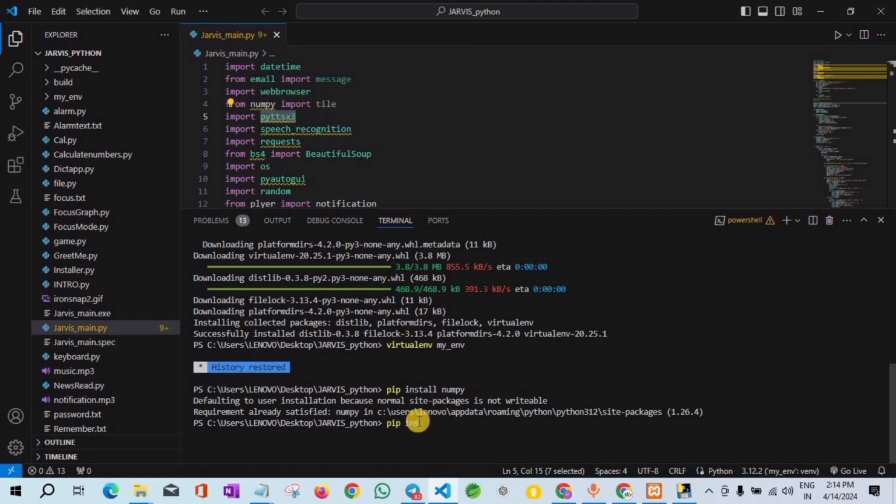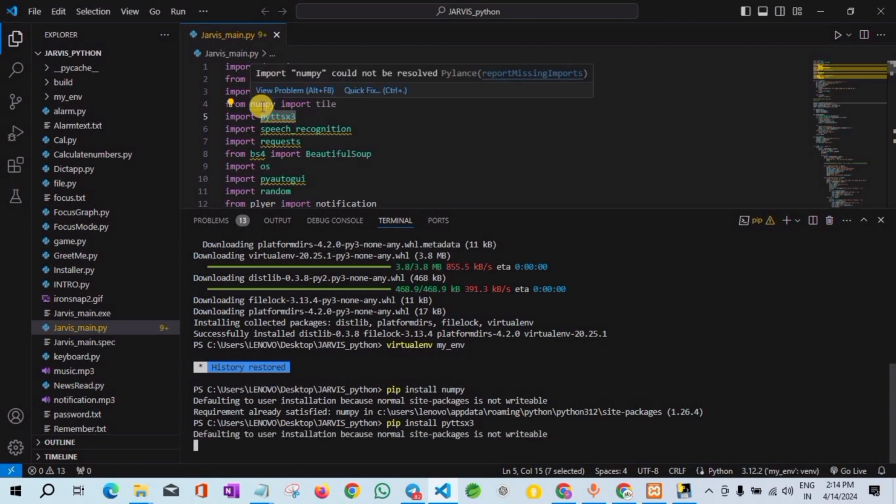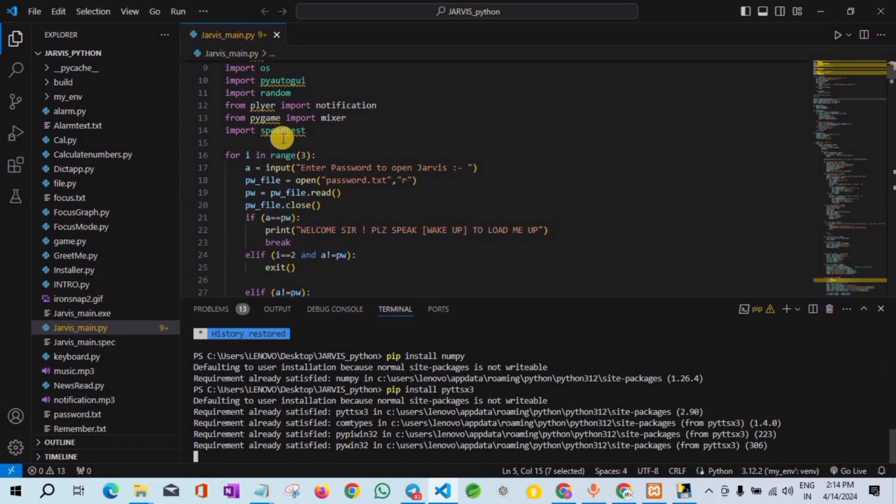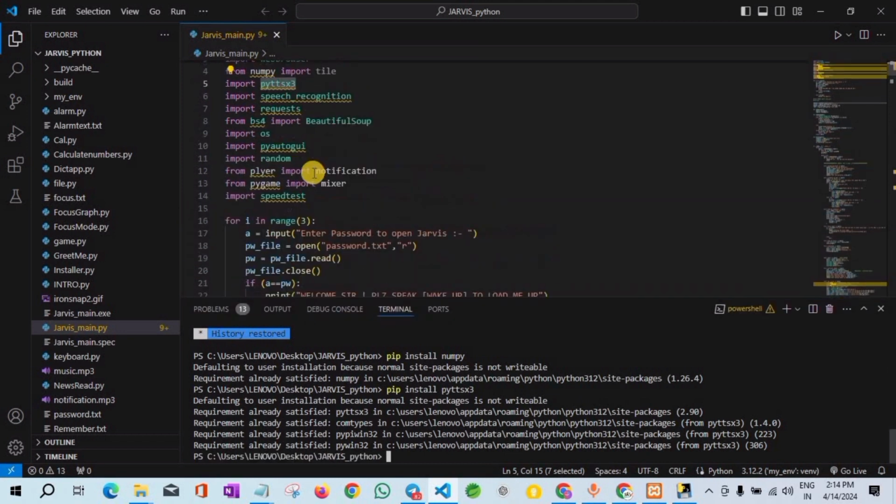यहाँ पे simply लिखना है pip install और simply उस Python library या फिर उस module का नाम लिखना है और simply enter कर देना है, तो वो तुम्हारा install हो जाएगा और yellow lines तुम्हारी वहाँ से गायब हो जाएंगी, ठीक है। तो इसी तरीके से तुम्हें सारी चीज़ें install कर लेना है, ठीक है। जैसे कि speedtest, pygame, ये player, ये वाला pyautogui, ये सारी चीज़ें तुम्हें यहाँ से install कर लेना,